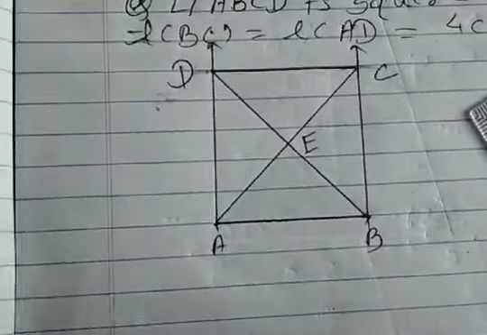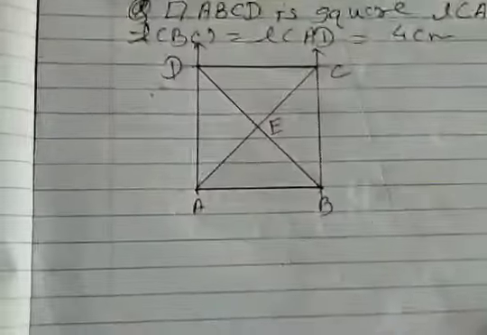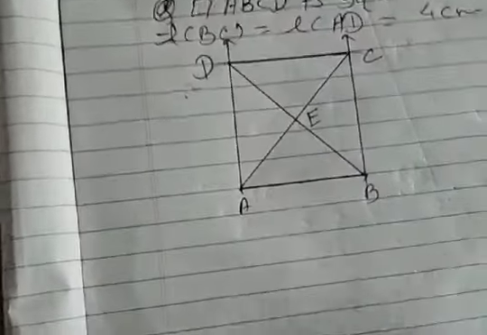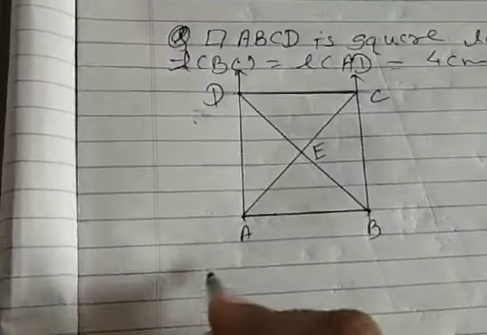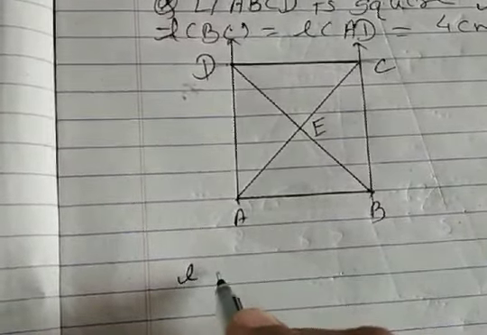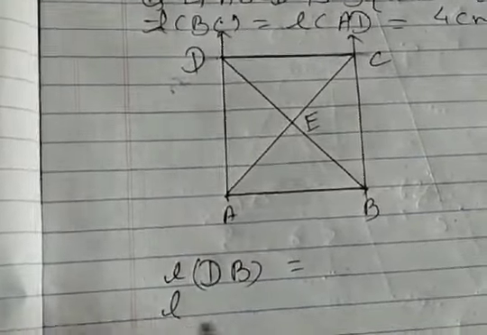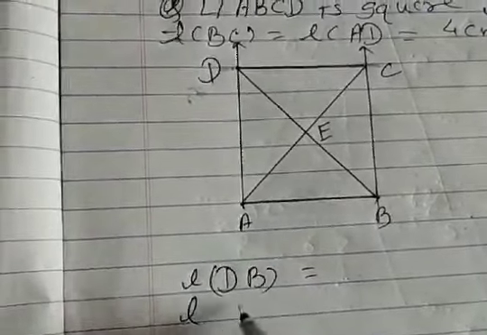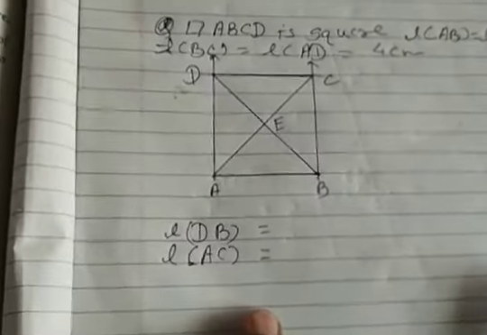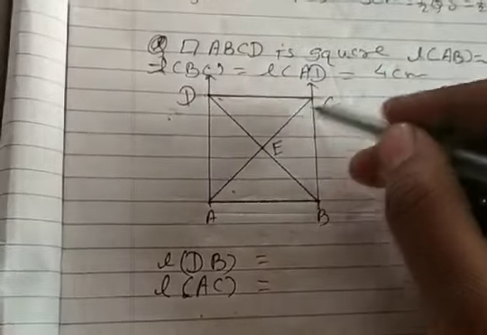So today you have to do such a type of construction, and that is your homework. You have to draw the square ABCD, then write the length of DB. What is the length of DB? Find it out in your construction. Then find out the length of AC. Tomorrow I will show you how to do this. First of all, just find these measures, DB and AC.